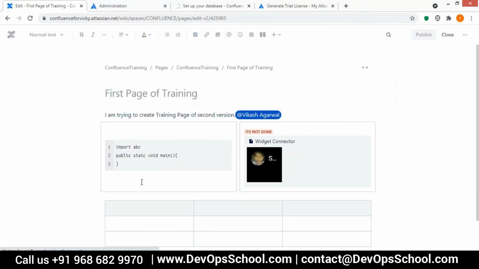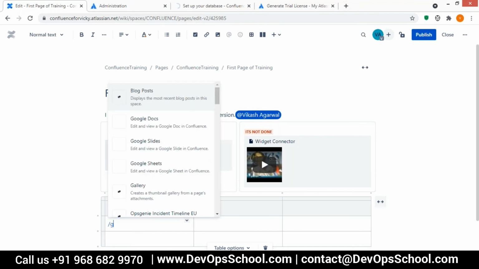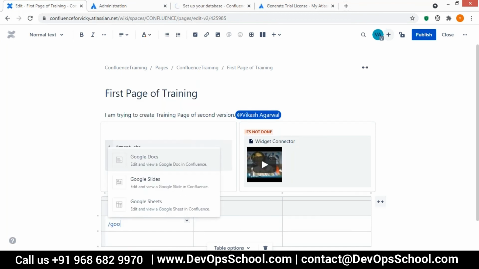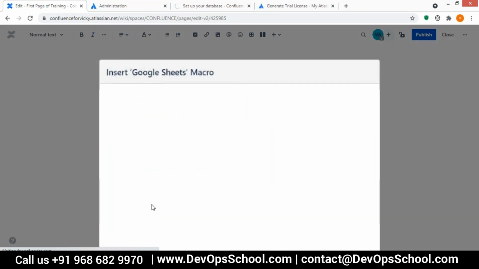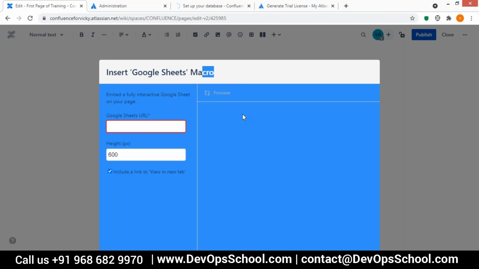If I want to add a Google Sheet, I type slash and then Google Sheet. So Google Docs, Google Slides, Google Sheets, these are available now. You can use this Google Sheets in your existing pages also. So this is how you can add any external app.